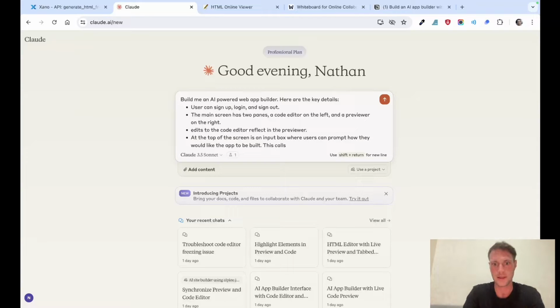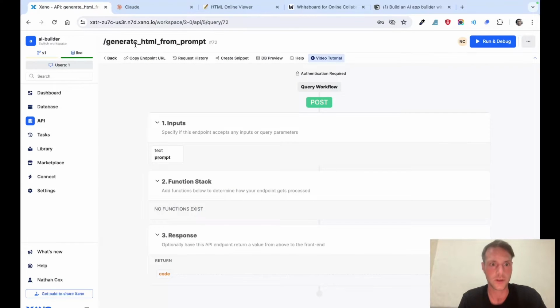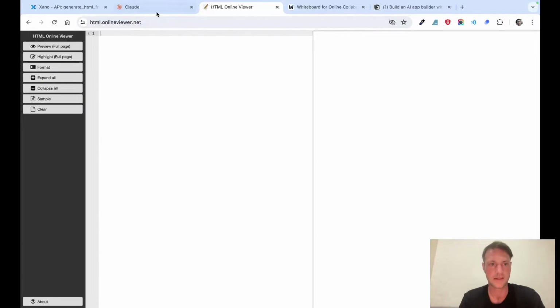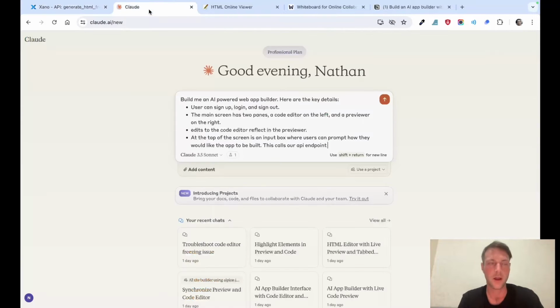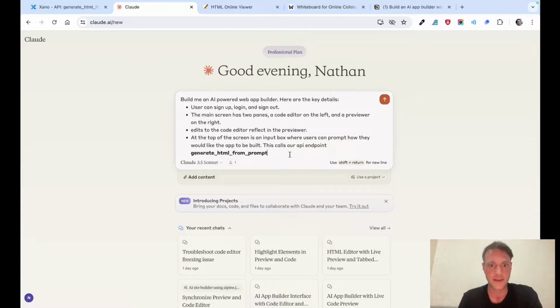It calls our API endpoint, which is called generate HTML from prompt. So I tried to make that descriptive as possible, because it will be HTML, but hopefully Claude knows that, of course, it can be JavaScript, etc. Maybe it even wants to use a framework, I don't know. We'll find out. This calls our API endpoint, generate HTML from prompt,